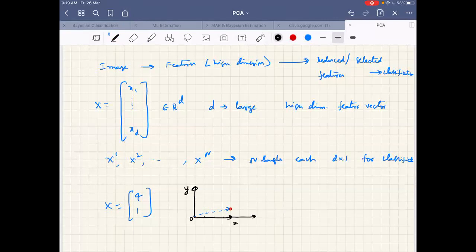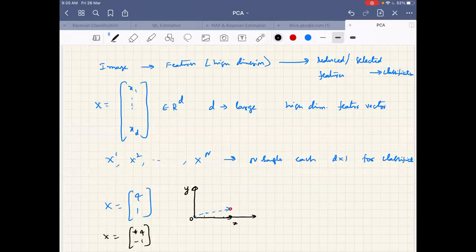Good. But the problem may be, I may have another feature vector which is exactly on this side, say -4, 1, or 4, -1 as well. This also has the same distance. If I consider Euclidean distance, then both will represent the same.